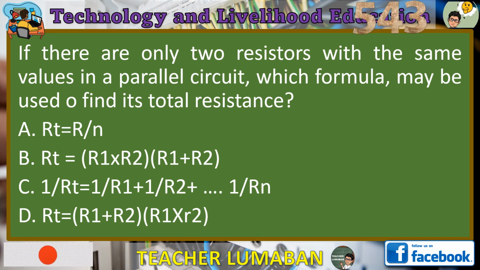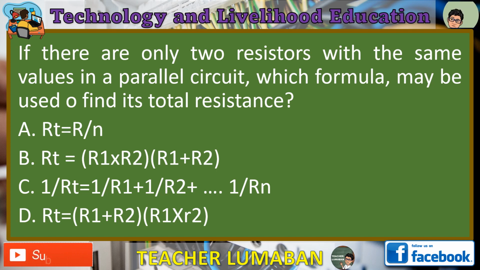5, 4, 3, 2, 1. The correct formula to find the total resistance, RT, of a parallel circuit with only two resistors of the same value is